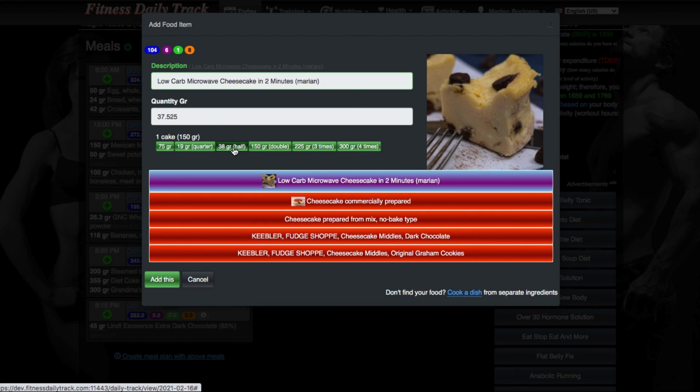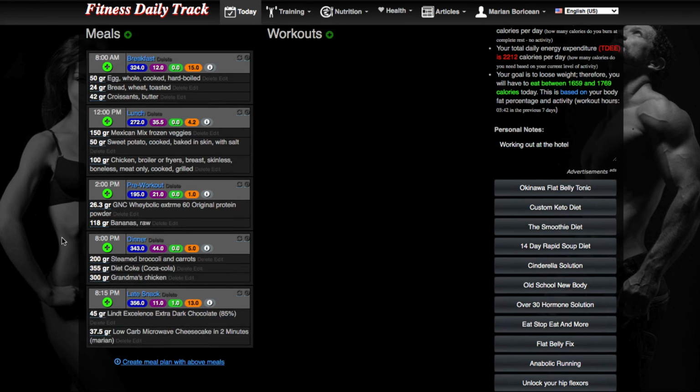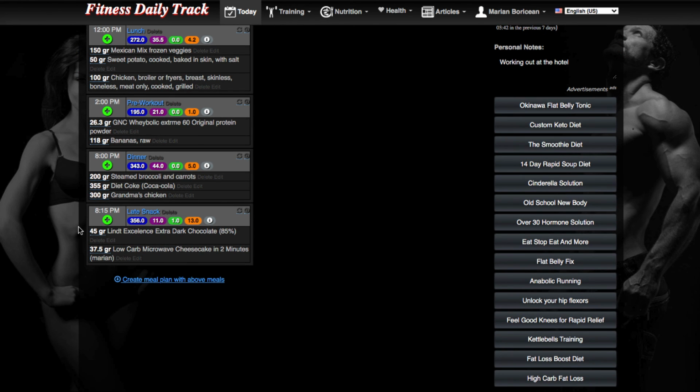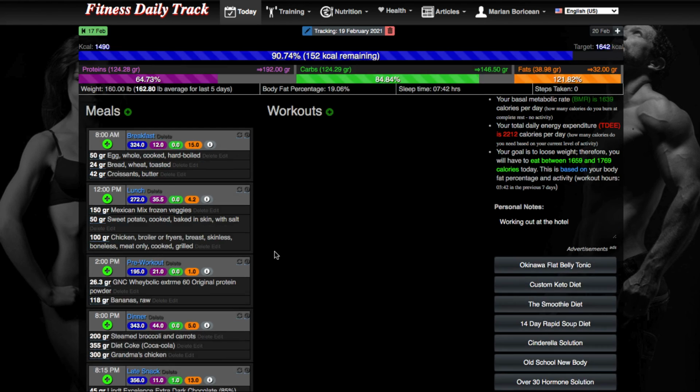We're gonna have only half because we wanna keep our waistline small. 37 grams, that's 104 calories only, with a whopping 6 grams of protein and 8 grams of fat. Not a good ratio, but it's a cheesecake. There you go, we added the cheesecake.